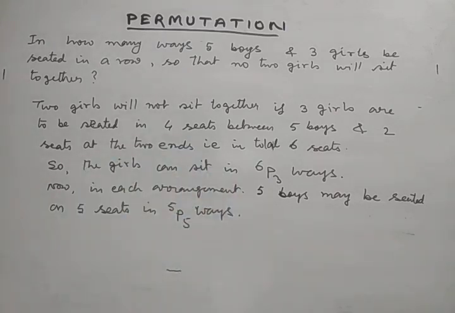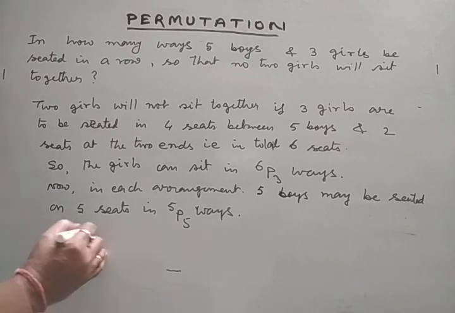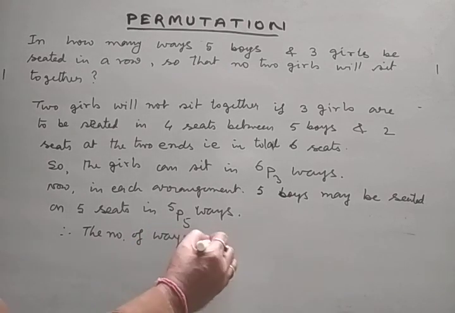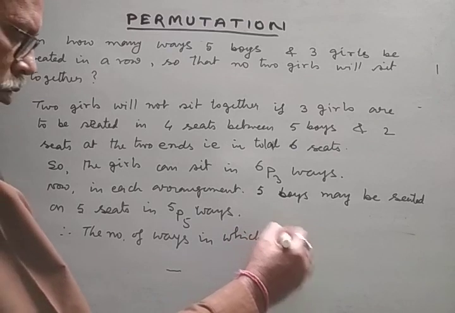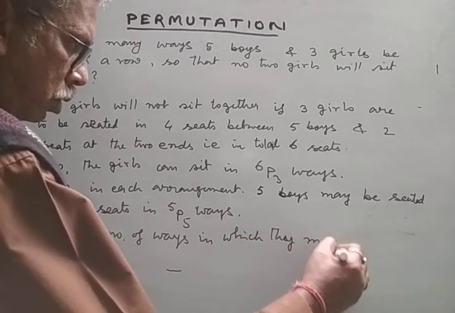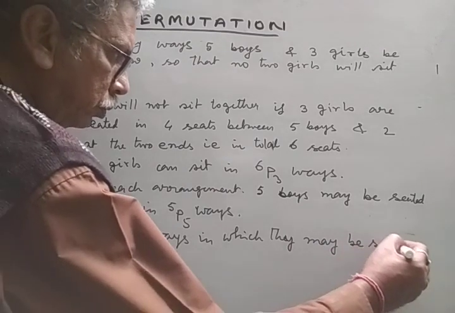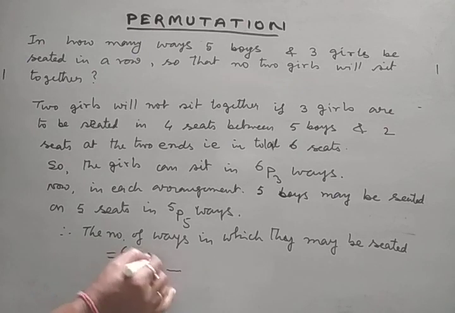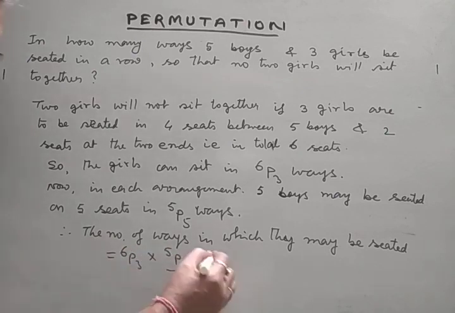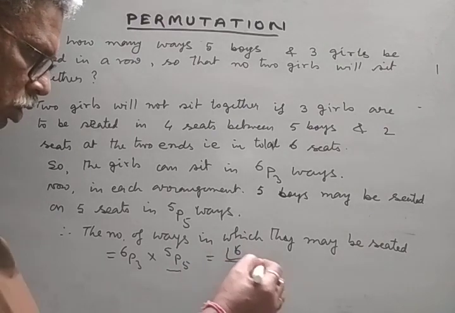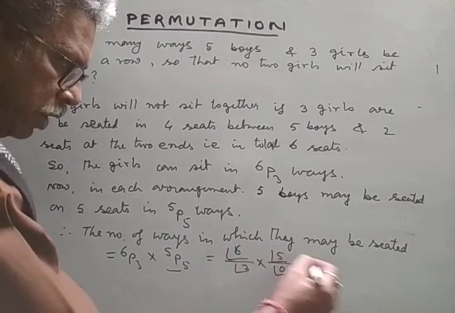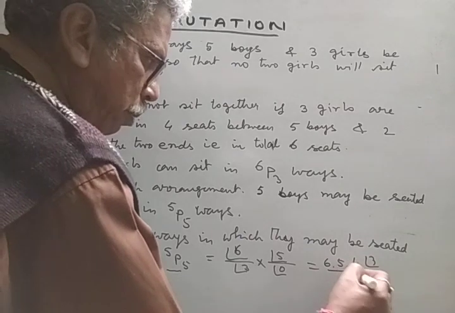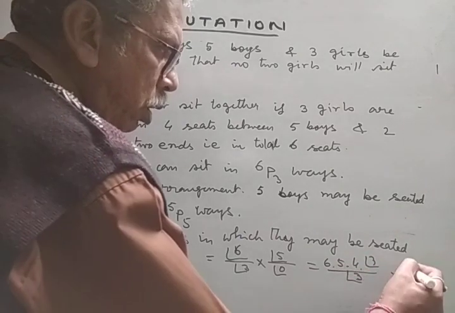Therefore, the number of ways in which they may be seated is equal to 6P3 into 5P5, that is factorial 6 by factorial 3 into factorial 5 by factorial 0, তার মানে 6 into 5 into 4 into 3 factorial by 3 factorial into 5 factorial,